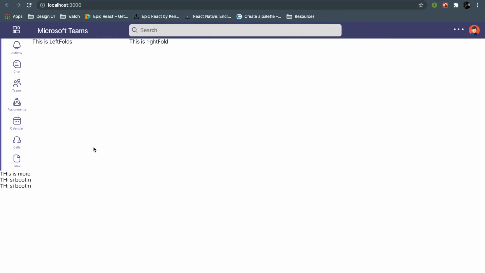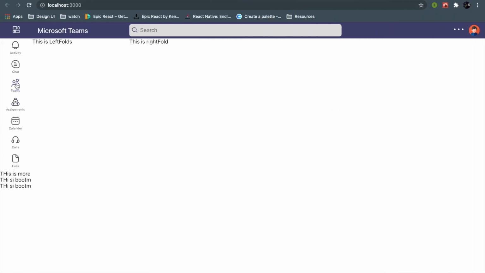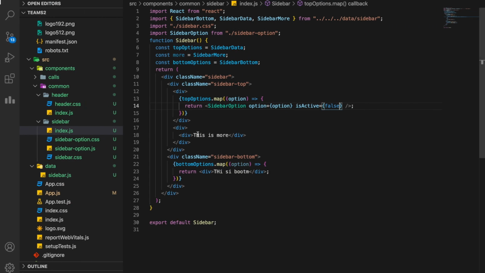You can see for just right now I have made all the classes active. So this is how it looks. So I'll turn this off, false, and you see when I hover over it, it turns to slightly purple, exactly the way we want. Now how we will decide whether it is active or false?